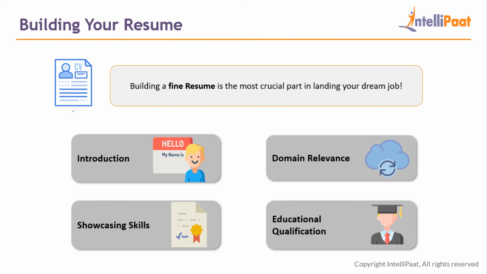Knowing that, let's say there is a job which requires you to be an expert in machine learning, but you're an expert in artificial intelligence, then you would also need to know that machine learning engineering is a part of artificial intelligence, right? So knowing that you are applying for the right domain, getting into the right job, knowing what's going on in the industry, and then mapping your resume to it is very important for domain relevance, guys. And thirdly,